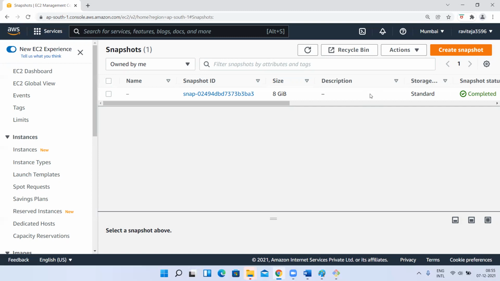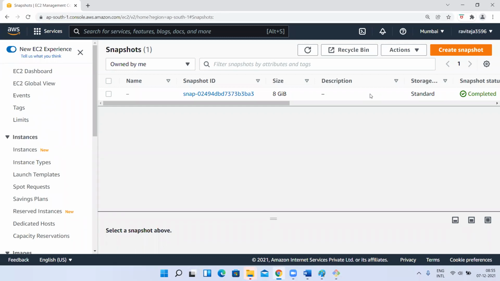Wait. Now the interview question will be like this. Good doubt, that is actually what I am about to tell. The interview question will be like this. I have created an EC2 instance with an EBS volume in one availability zone, but I want the same data in some other availability zone. I have a volume of an instance in one availability zone, but I want the same volume data to be available in some other availability zone for some other instance. What can we do?